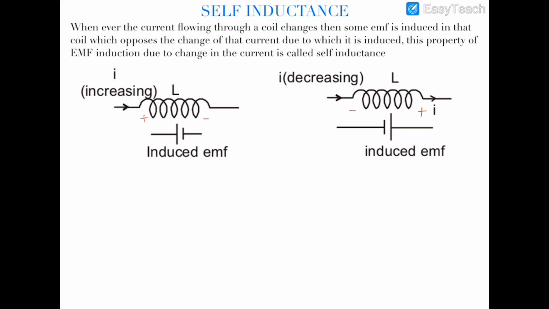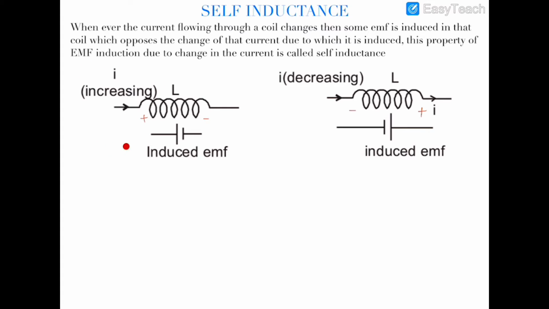Now what is self-inductance? Whenever you allow current to flow through this coil, and the current is variable, say increasing, then an EMF would be induced in this inductor coil, which will oppose the change in this current. This EMF is induced due to the changing current, and hence it will oppose the cause of its induction. So this induced EMF will oppose the change of current.